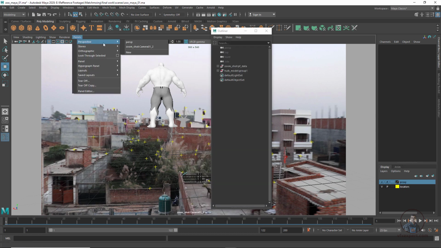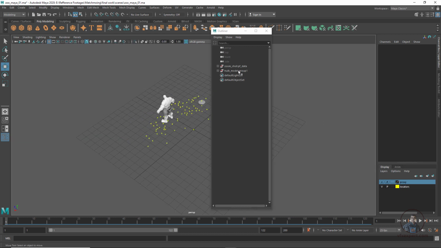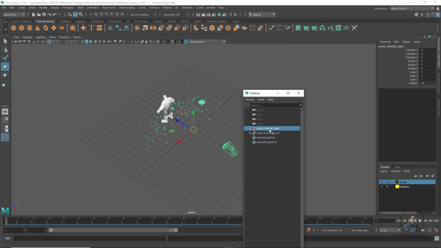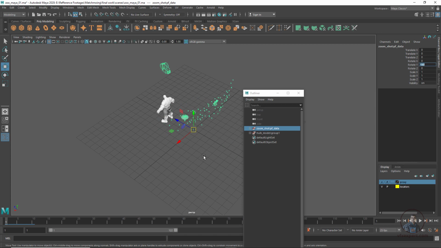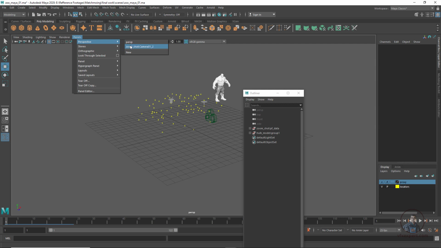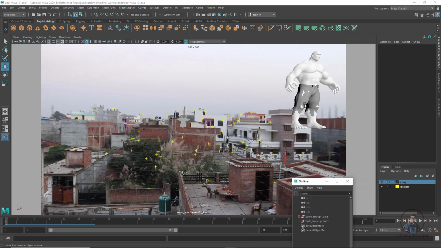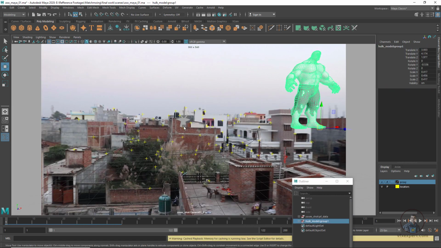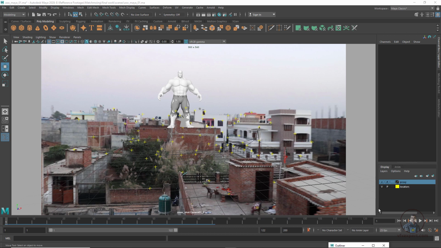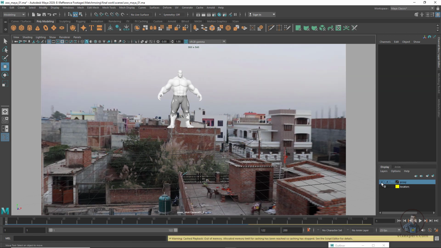So come into our perspective view. Select this one, the scene group. This is again important. I have selected this scene group, and maybe a little bit of Y rotation, maybe 180. Now I think this is looking good. Now come into our camera view again. Select the up arrow, snap onto this point again, hold V and adjust like this. Okay, so easily you can see, and hide our locator and geometry from here.